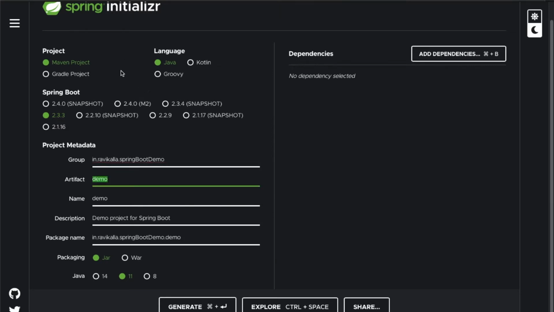This is a group name I have given. I wanted a Java project with a Maven builder and the latest stable version 2.3.3, and the group name I'm giving is in.ravikala.springboot demo, and this is the artifact name, demo spring boot, and I want the package name to be until this one, and I want the packaging type to be a jar and the Java version as 8, and